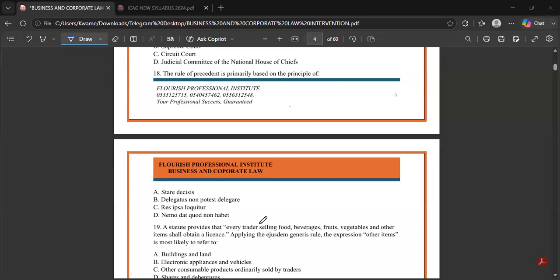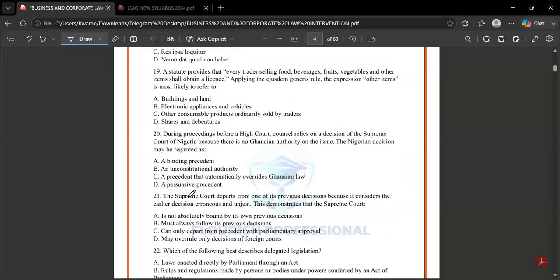Okay. So stare decisis is a principle that obligates a court to follow decisions it has made in the past, like we already mentioned. So the rule of precedent is based on this principle that the court should be consistent in its decision, so long as a similar issue with similar circumstances is brought up. You shouldn't let anything change the decision that they earlier made. It should follow suit for consistency. All right.